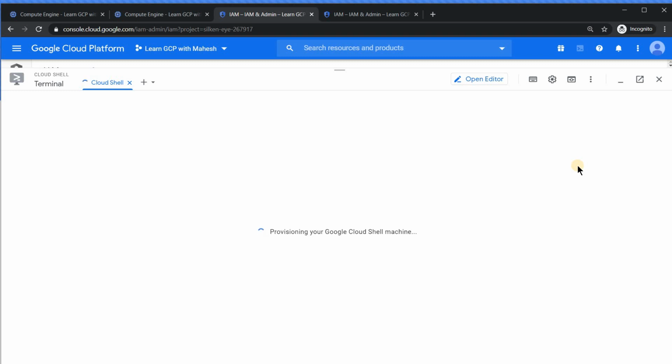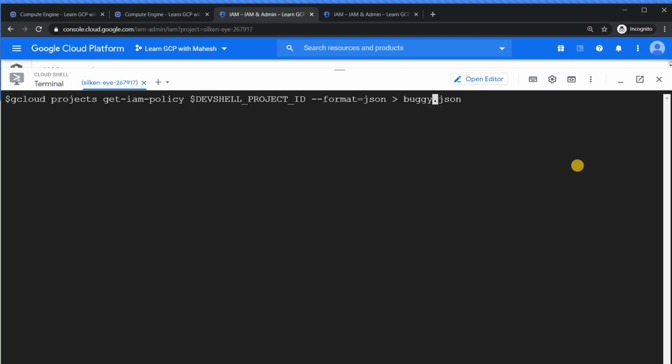Let's wait for the Cloud Shell to launch. All right, this is the command where you can get your IAM policies, all the IAM policies which you have defined. So gcloud projects get-iam-policy, and I'm using an environment variable available only in Cloud Shell, called DEVSHELL_PROJECT_ID, which holds the current project ID.